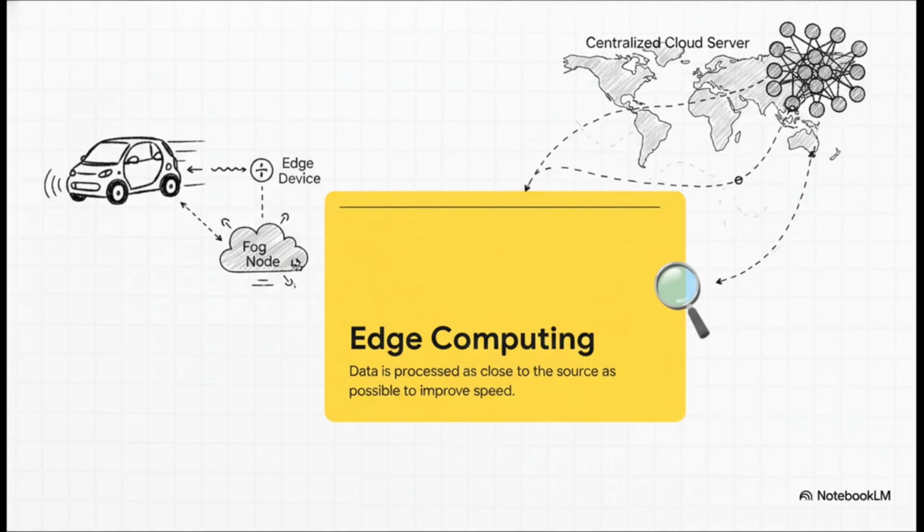We're also seeing a major shift in how data is processed to combat internet latency. Enter edge and fog computing. Instead of sending everything all the way across the globe to a centralized cloud server, these models process data locally on the device itself, that's the edge, or on a nearby node, the fog, before transmitting it. This dramatically saves bandwidth and time. It's absolutely vital for fast-moving technologies like smart cars that literally can't afford to wait for a server halfway across the world to tell them to hit the brakes.